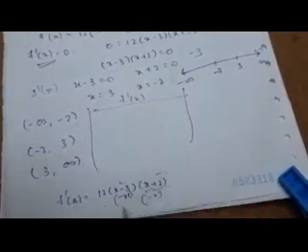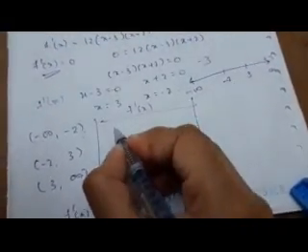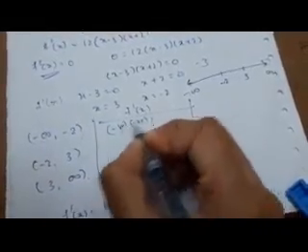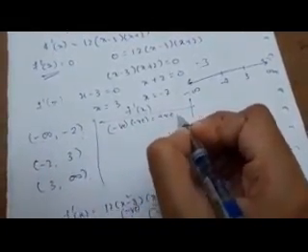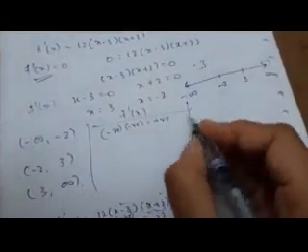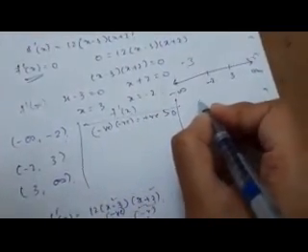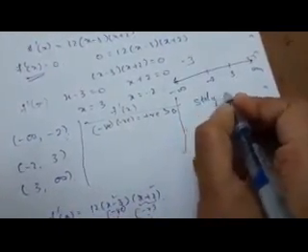Then minus 3 plus 2, again this term is also negative. So 12 as it is, whatever the sign is depends upon these two. This is negative, this is negative. Negative into negative, the product of two negatives, will be positive. So from minus infinity to minus 2, the function is greater than 0. F dash of x greater than 0 means it is strictly increasing.